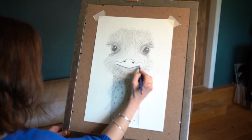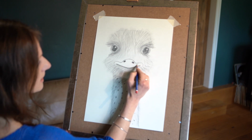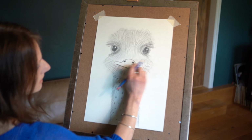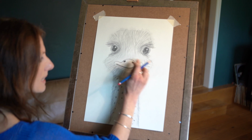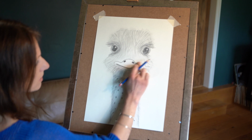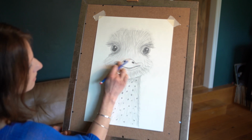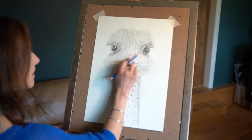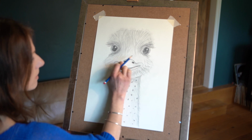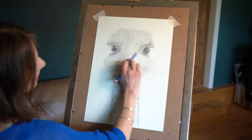Okay. Alright. And then I'm going to put a little bit of shading, just gently, don't press too hard, we don't want it too dark. Just a little bit of shading at the edge and try and blend it with your finger towards your nose, towards your nostrils, like this on both sides. Like that. Maybe a little bit at the top. Take it round, follow the curve at the top, like that. Okay,